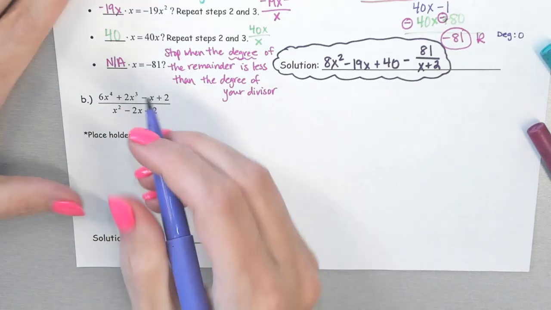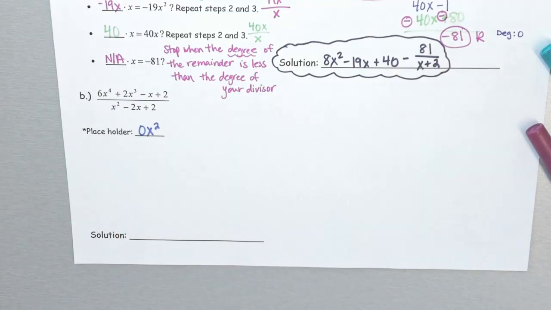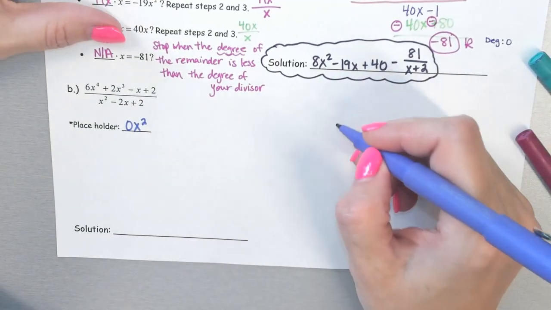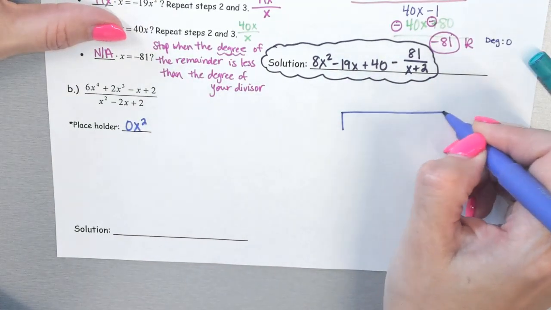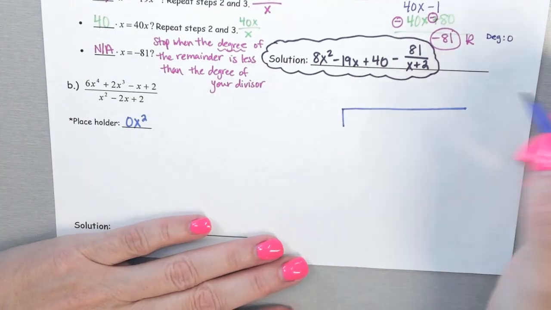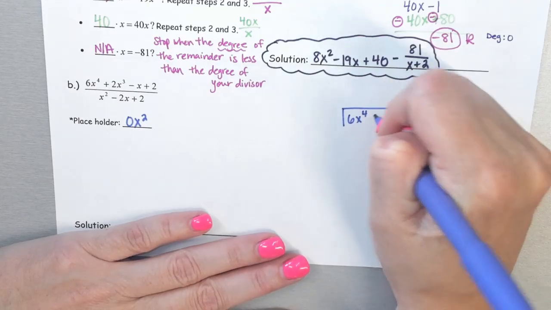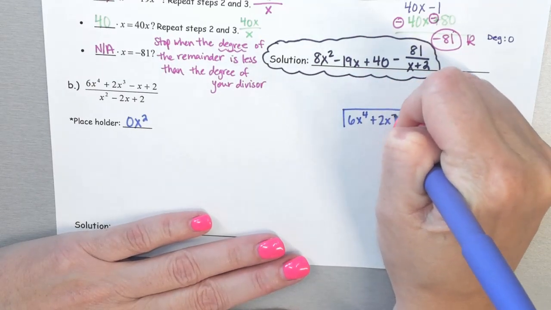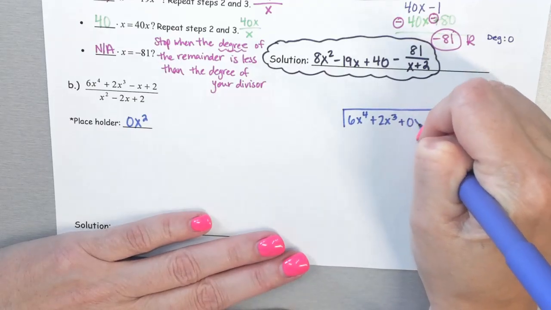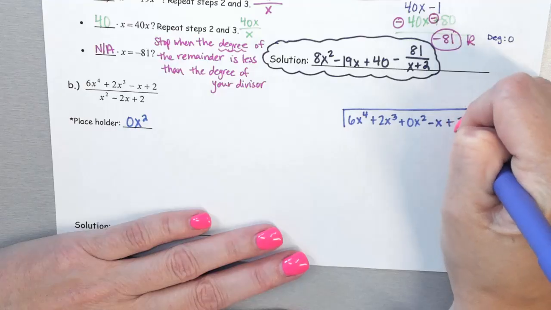There's no x squared term, so if you want, you can put in the placeholder of 0x squared, okay, so that when you are multiplying, if you have an x squared term, you can line those up. So this would be 6x to the 4th plus 2x cubed plus 0x squared minus x plus 2,